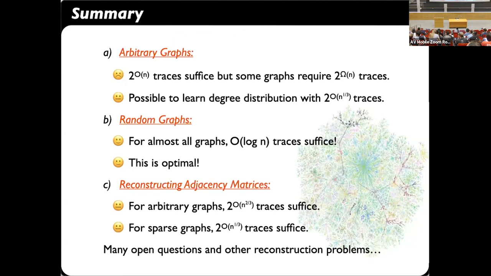Okay. Hey, Andrew. A quick question about the random graph version. When you want to do the consistent coloring, do you find these common subgraphs by just enumeration, or is there a polynomial time algorithm that does that? That's a great question. We really didn't look at the computational efficiency. We just looked at the sample complexity.